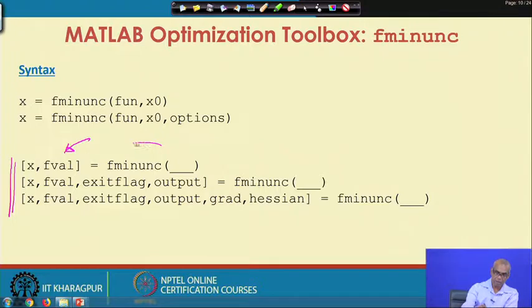Exit flag is a parameter which tells you whether the optimization was successful, how it exited. Similarly, output is a structure where you have more information like number of function calls, number of iterations, and so on and so forth. You can ask the solver to return information on gradient and Hessian as well.